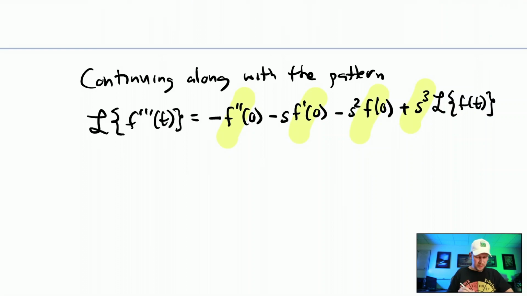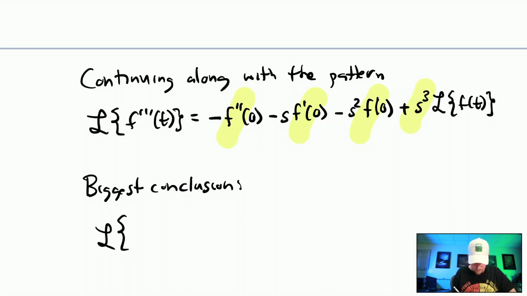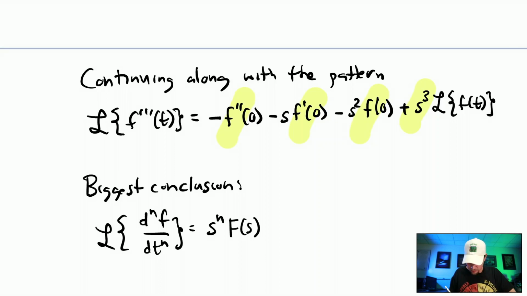So one of the things that you could say as this generalization, and there are various proofs for this, is this is the biggest conclusion, and this is based on following the patterns that we have: the Laplace transform of the nth derivative of f is of the form s to the n times the Laplace transform of the original function,